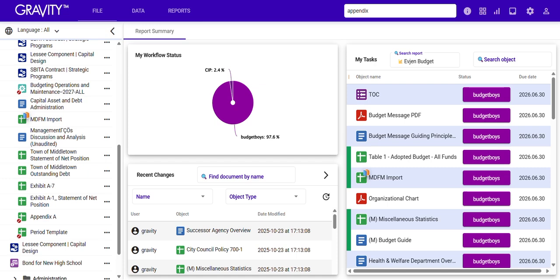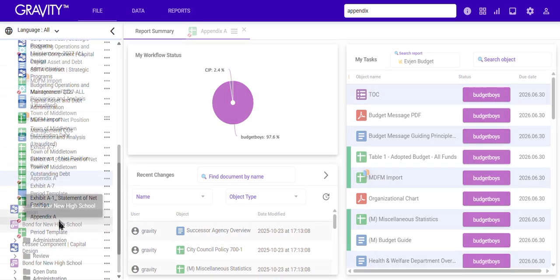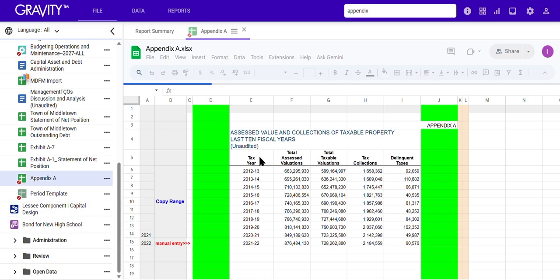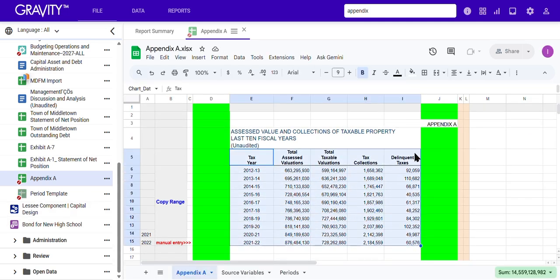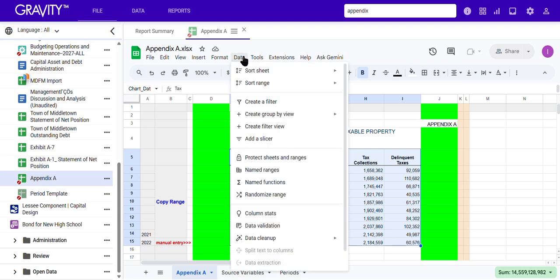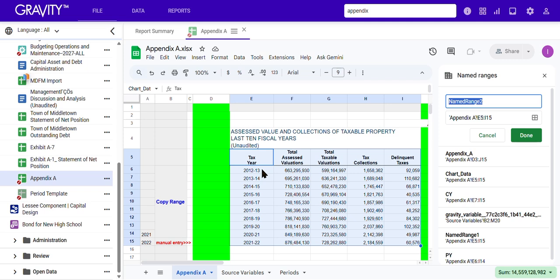To begin, we're going to have to pick a spreadsheet that we want to represent our data. One thing that is important to know about these spreadsheets is they can have no divider columns and need a header for each column. We have to create a named range for this chart. To do so, select an entire range that you want represented, click on Data, Named Ranges. It's important that you label your named ranges something that makes sense, such as chart data, which we have down here. To create a new named range, you just select the area you want, write a new name for it,